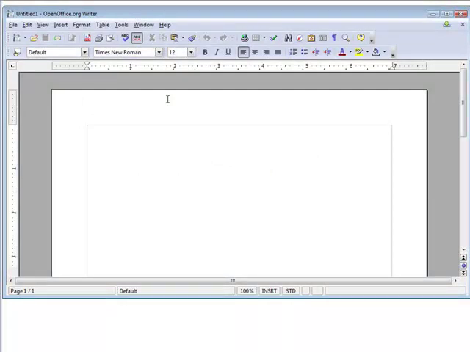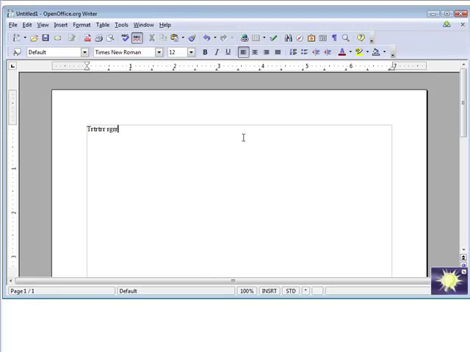Now to write your documents, you can use a program called OpenOffice. You can find it at openoffice.org. If you don't have Microsoft Word, this will open Word documents, and it also is a full word processor that you can use right off the bat. So if we have a document in here,